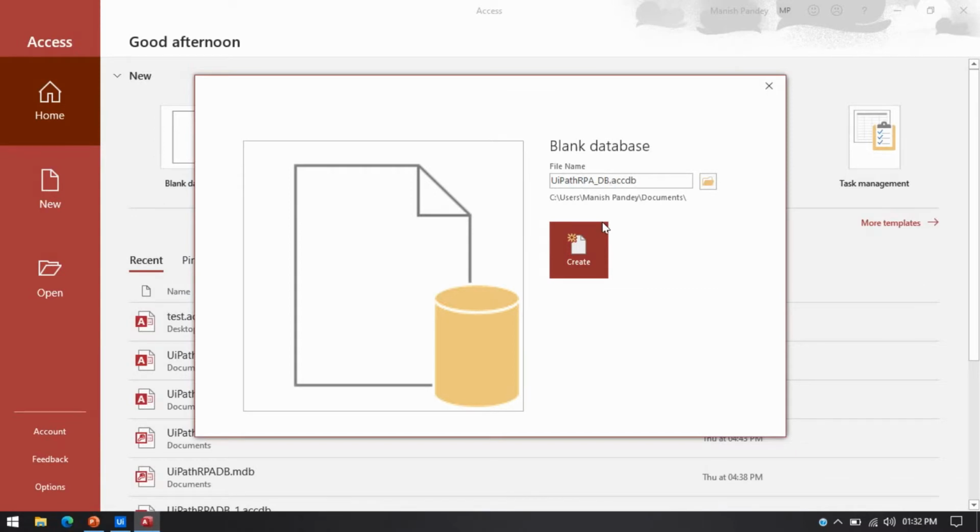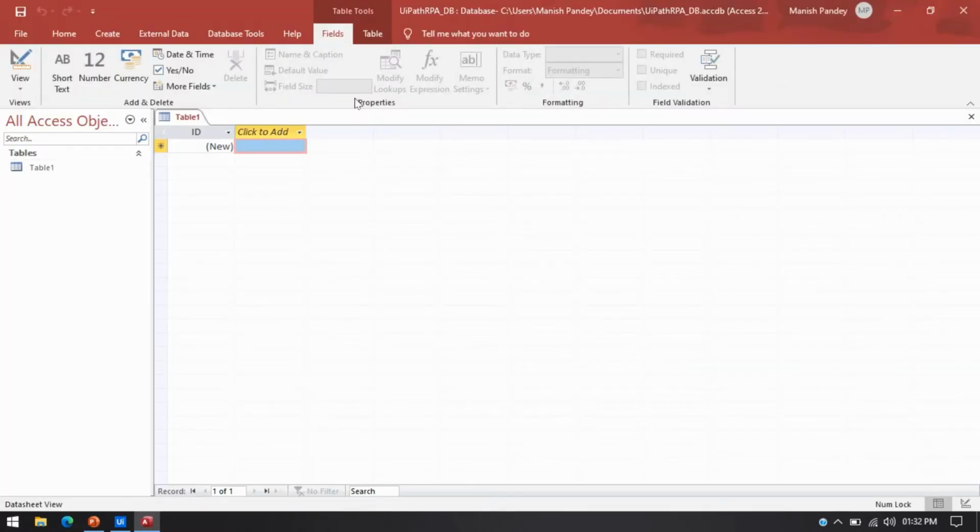So this is the database. In one database you can create multiple tables, right? If you need another, you have to create one more from here, blank database. Now click on create. Now you can see the database has been created, and we are getting a table. In this table you can add multiple columns here.